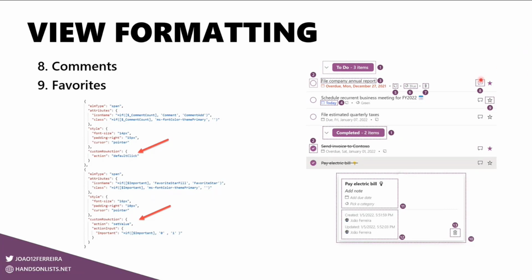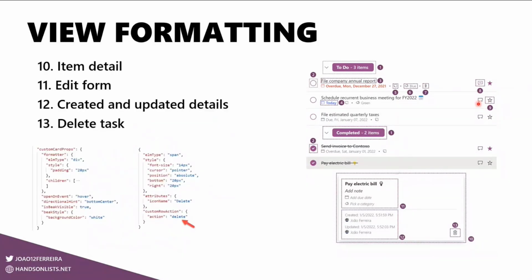The comments are not accessible through the formatting, but the number of comments that exist in the item is. So here we have a different icon that represents that there are comments available in this item. This one means that there are no comments for this item.